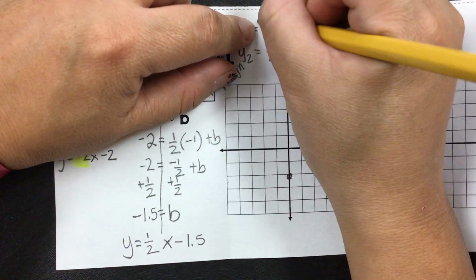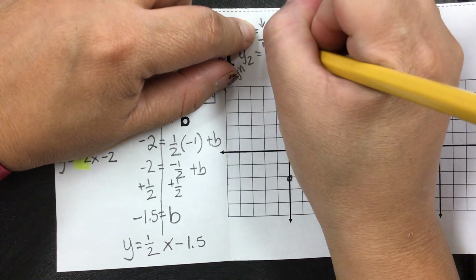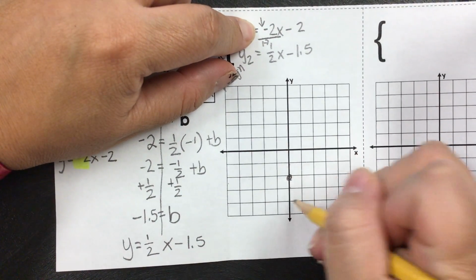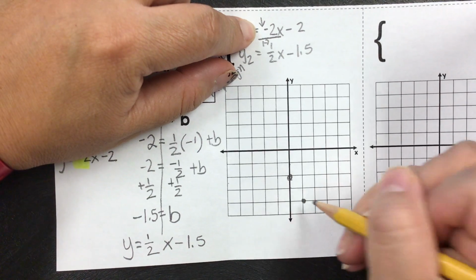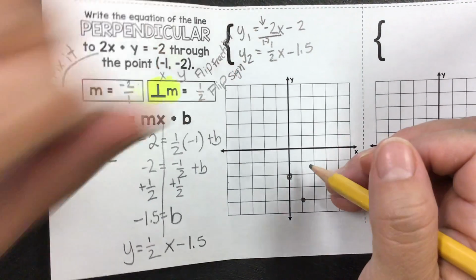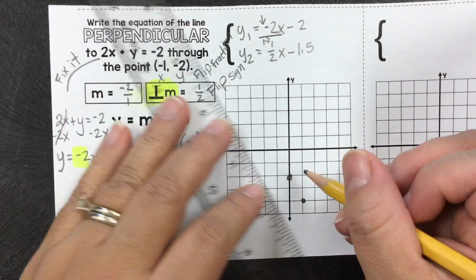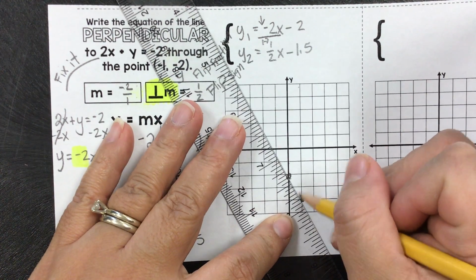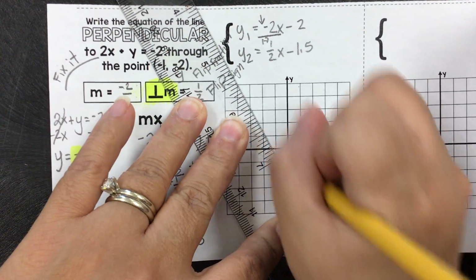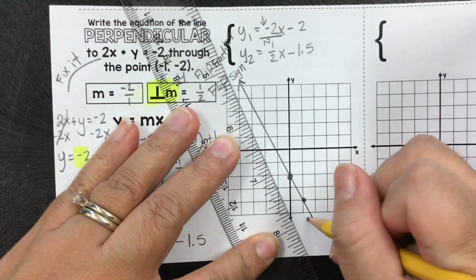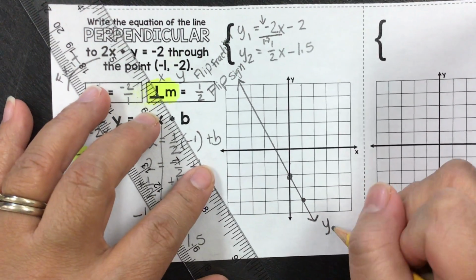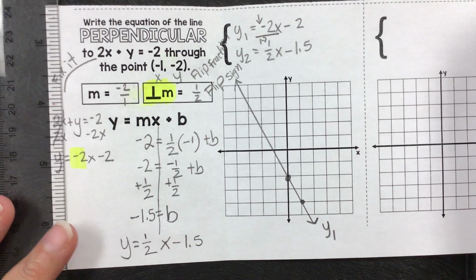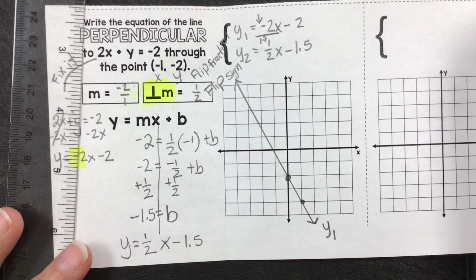This means down 2 and to the right 1. And go ahead and graph it. Please label it Y1. The second one